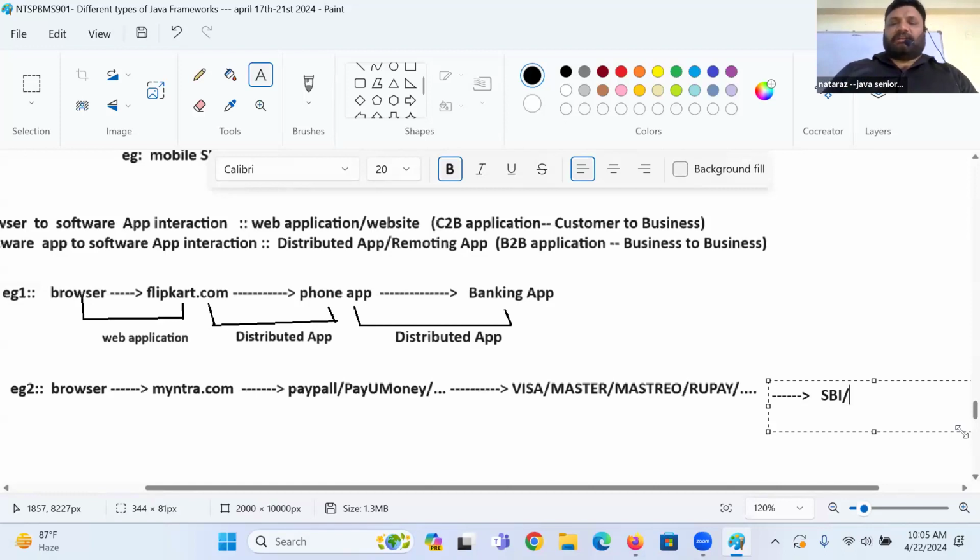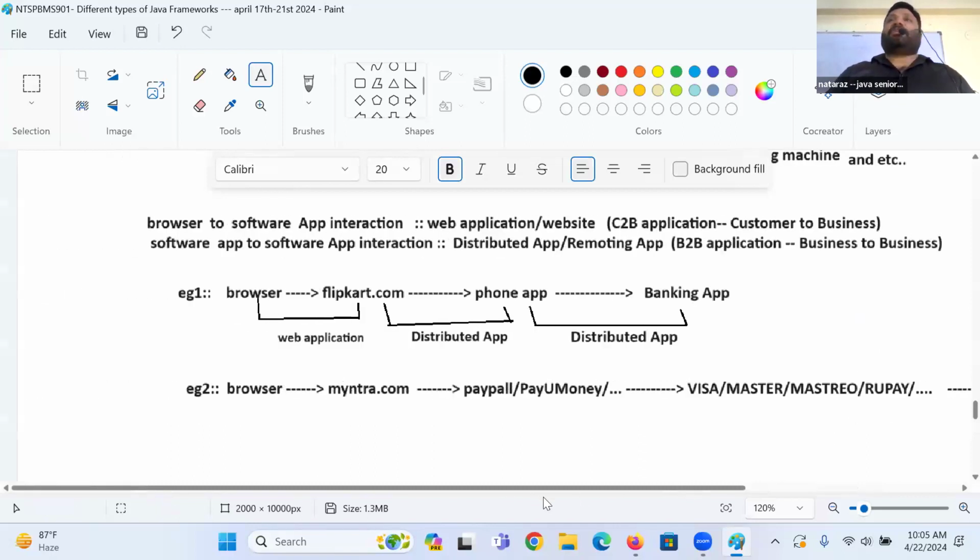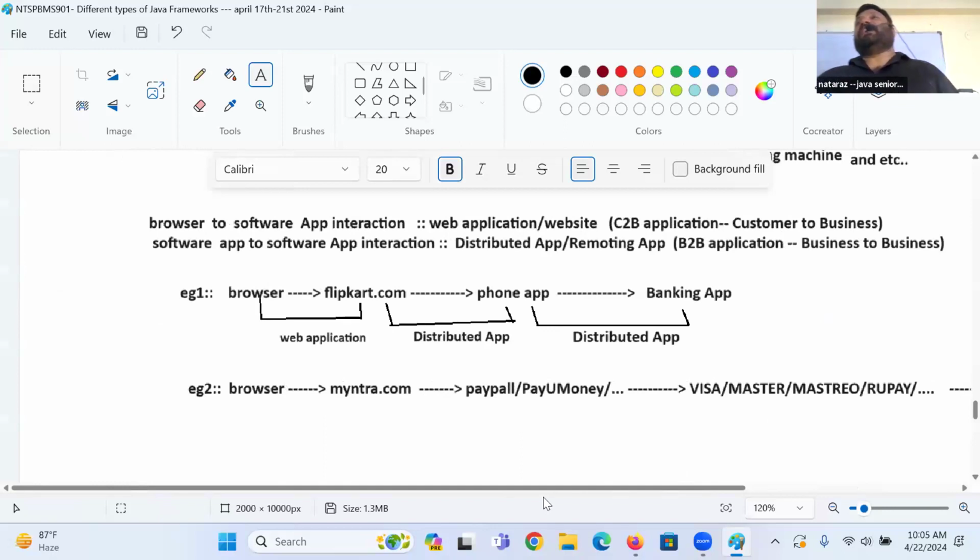SBI, HDFC, ICICI. Like this, we have a lot of bank applications. Okay, what actually happens, I will tell here. To Myntra.com, we have given credit card details.